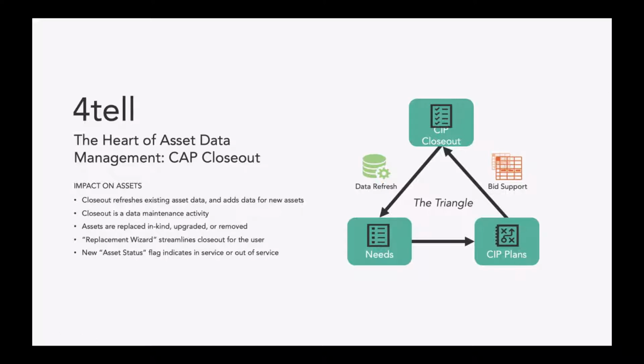Now, one of the things in this cycle is that you notice that around the corner there's bid support. So one of the principles that we believe is central to continuous improvement is incentive. Every system, every city, every organization of any kind that's undertaken any work knows that it's easy to tell everybody what to do. It's really hard to get them to do it. It's even harder to get them to want to do it. So just a core to continuous improvement is to put the incentives in place that people will respond to.